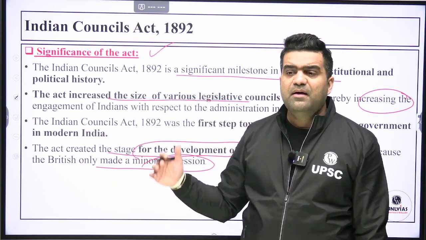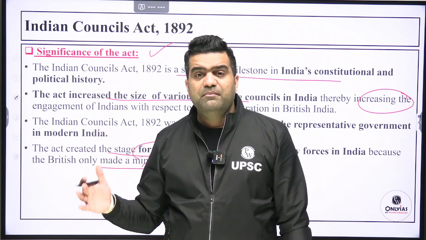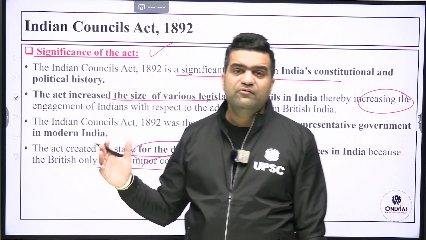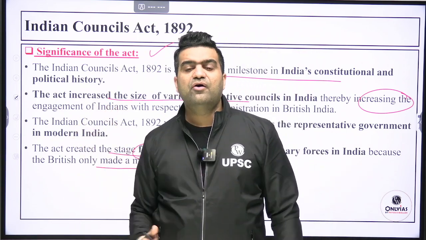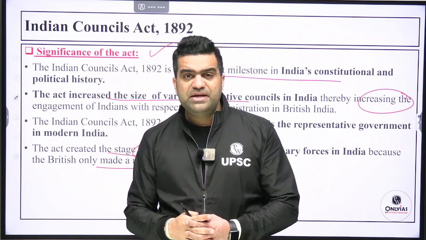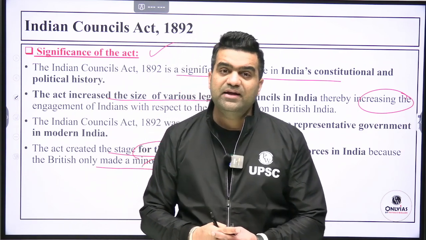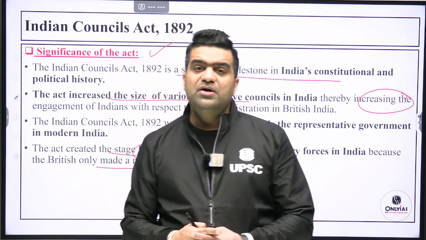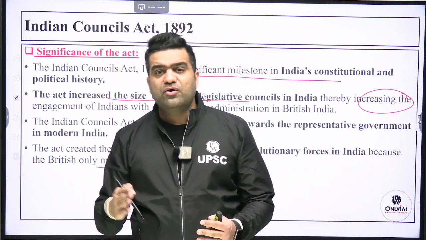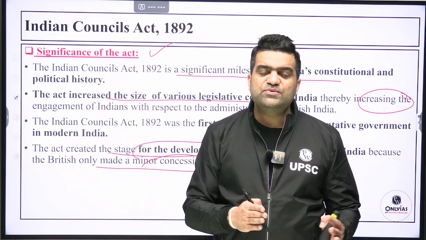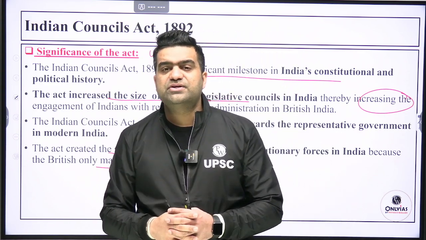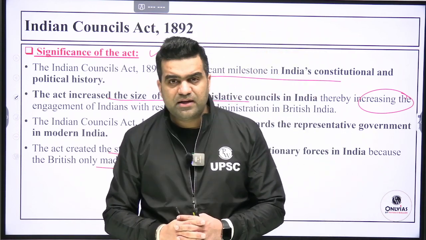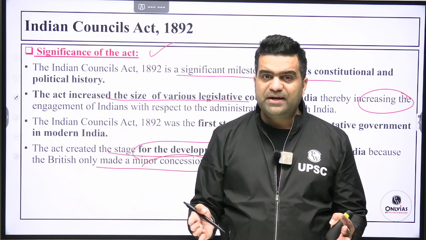Now we will see the partition of Bengal in 1905 as a step by the Britishers to divide the unity being witnessed after the failure of the 1892 Act to appease Indians and pacify the angry revolutionaries. That is why we saw the Surat split. Extremists were not happy with the way moderates were putting pressure on the Britishers. Likes of Bhagat Singh, they wanted to exert more pressure. Bal Gangadhar Tilak. Okay, so that is why we saw the Surat split.